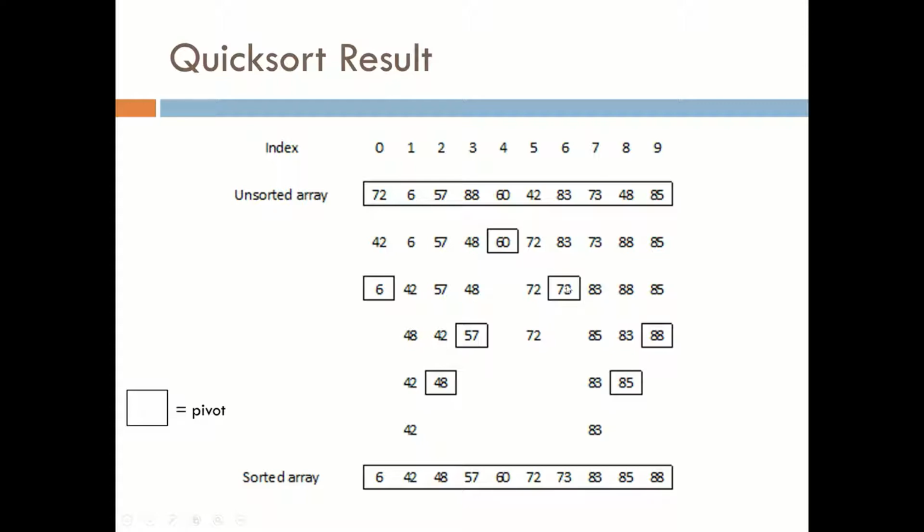And we begin the whole process again by picking a pivot, by sorting. So in this case, we pick the pivot 73. Everything that's less than 73 is on its left. Everything that's greater than 73 we place on its right. Then we call quicksort on the left side. Well, that's a single element, so that's already sorted. And we call it on the right side and pick some additional pivots all the way until we get down